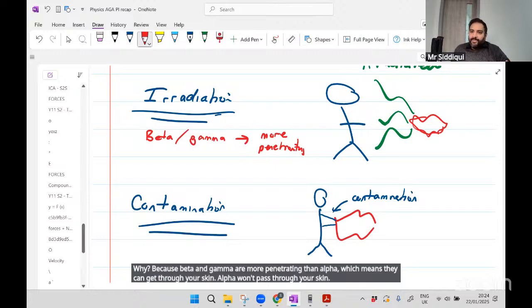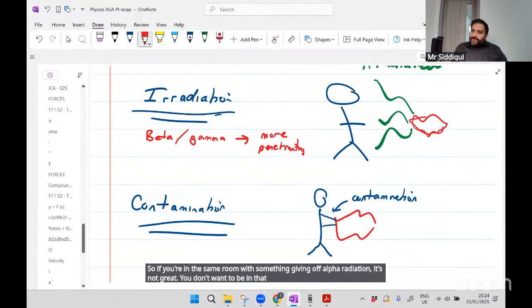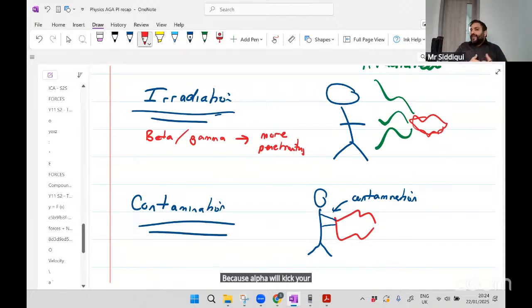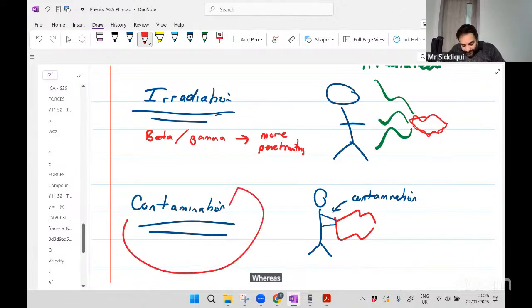So if you're in the same room with something giving off alpha radiation, it's not great. You don't want to be in that situation, but it is not as bad as if it was beta and gamma, because alpha will hit your skin and it'll never be able to pass through it, whereas the other two can. So if they can pass through your skin, they could enter your body and they're more likely to be dangerous. Whereas if you are contaminated by something,